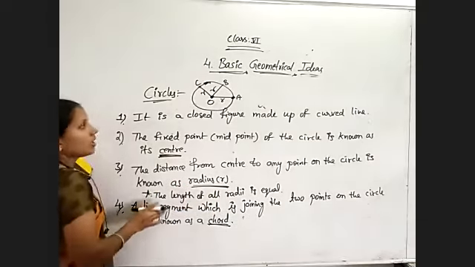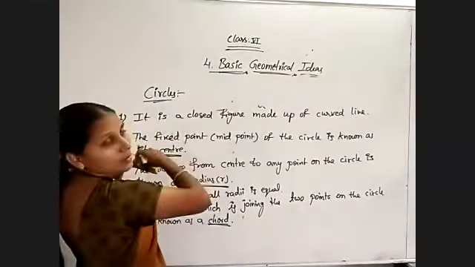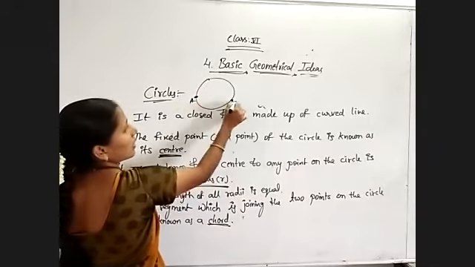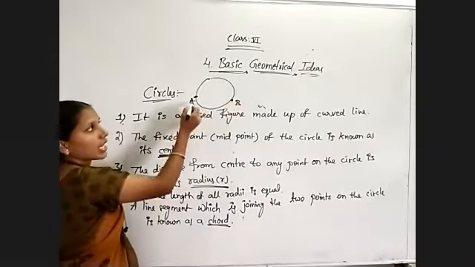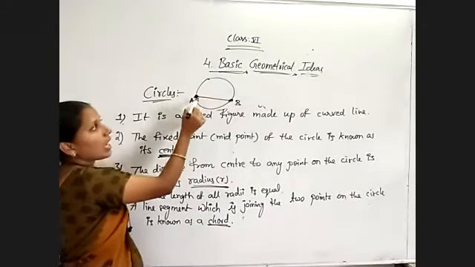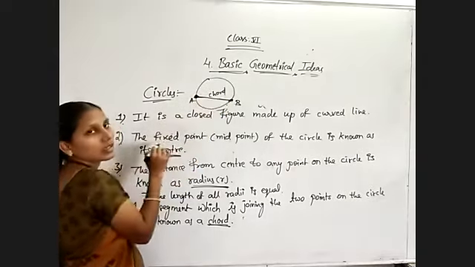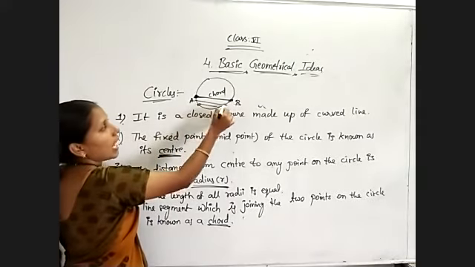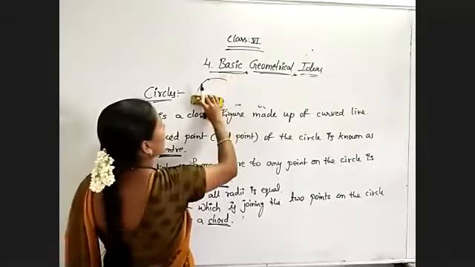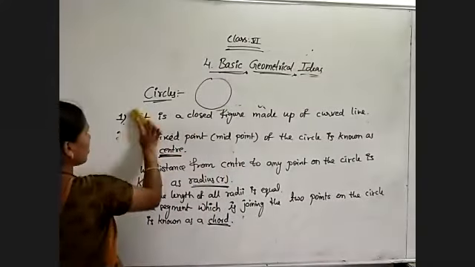And next, a line segment. So this is about radius. Now coming to the chord, separately I am explaining. A line segment, for suppose AB, the line segment which is joining 2 points on the circle. A and B are 2 points on the circle, and by joining those 2 points we are getting a line segment. It is referred to as a chord. And so many chords we can draw, and all have different lengths. Chords have different lengths, and the chord which is passing through the center. So about chords we will see now.